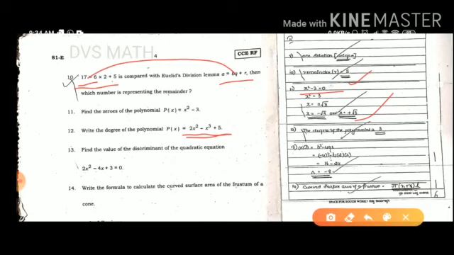Don't decide from the starting high power. Here the starting power is 2. Many of them want to write it quickly, so they will not observe all the powers till the end. So many of them will write, okay, the degree of the polynomial is 2. No, please observe everything, each and every power.